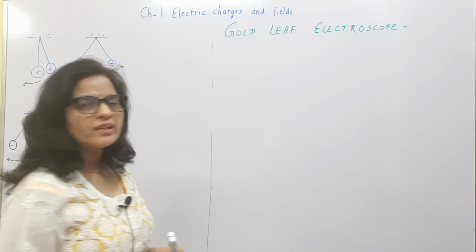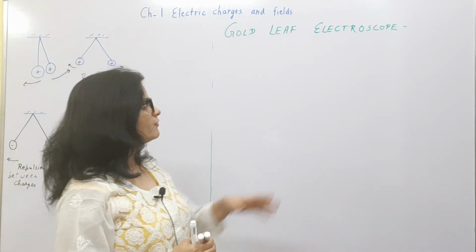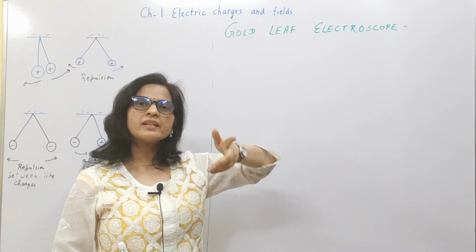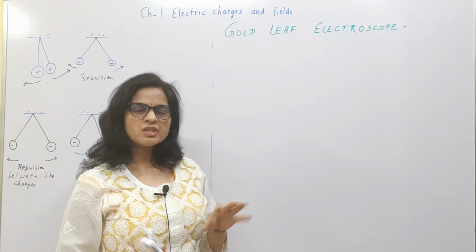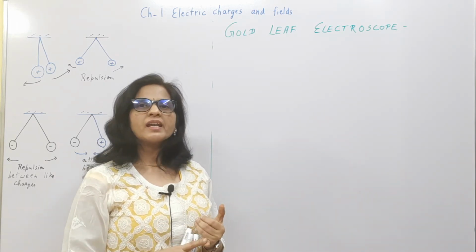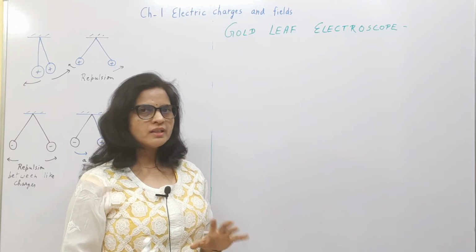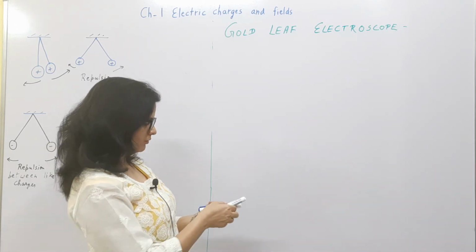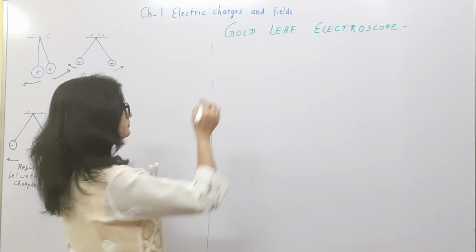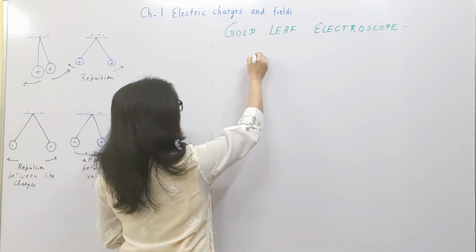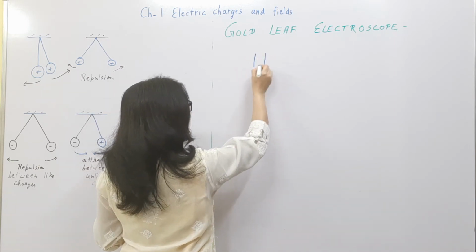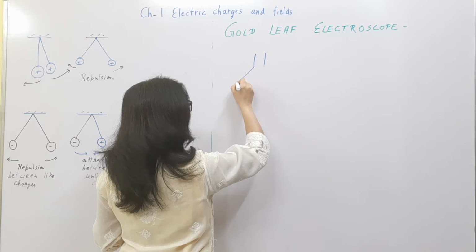Now this gold leaf electroscope is an instrument which helps us in detecting the type of charge on a charged body. This is one thing. Second, the amount of charge on the charged body. So we have this setup. We have the transparent evacuated chamber,